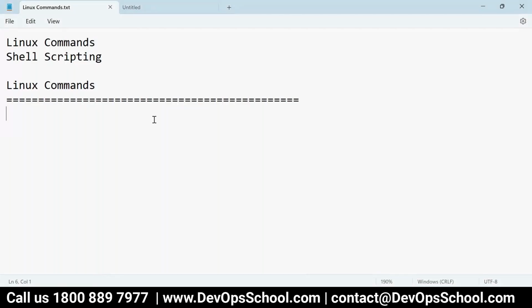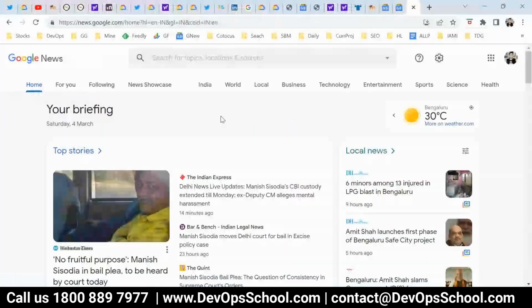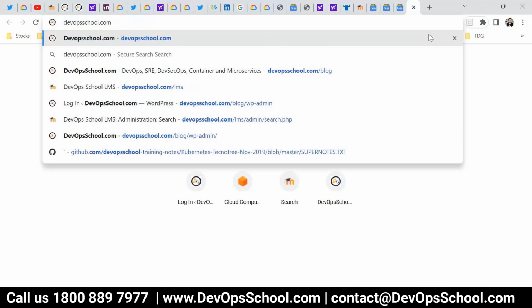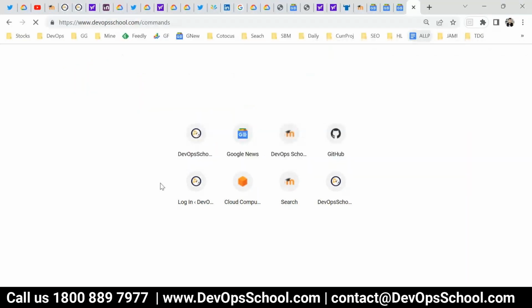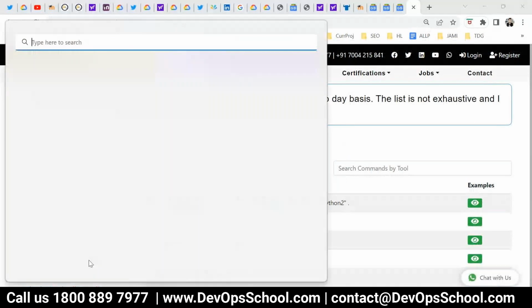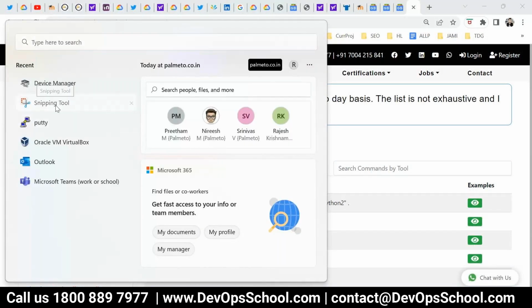Okay, Rajesh, I now have a question. The first thing is, how do we learn Linux commands? So I'll put it in this way. Let me take you to this place, commands, and you see how many utilities. You can call them commands or utility tools, whatever you want to call them.